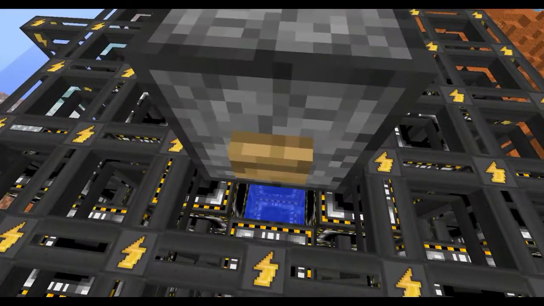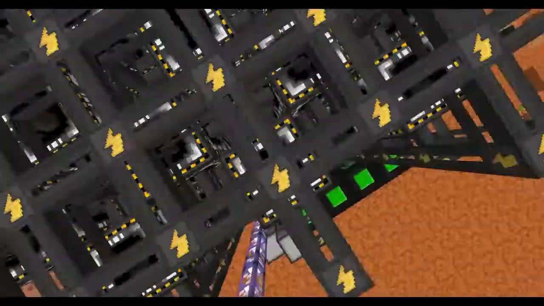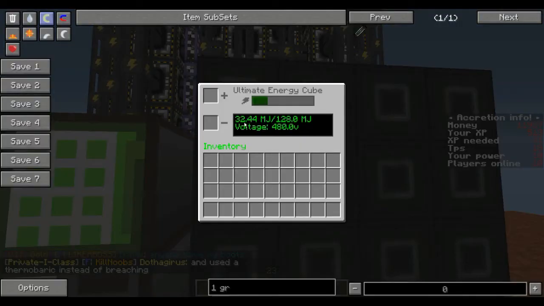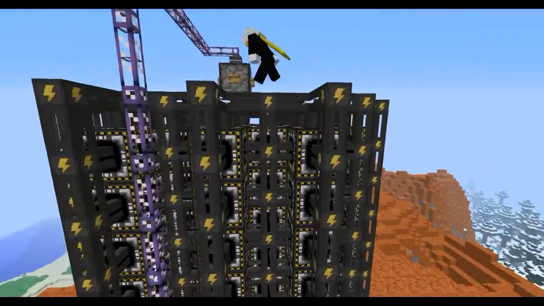It will fall in. It will blow up, and thanks to the water it will not destroy anything or cause any damage. And as soon as it blows up, you can see all 12 of these cubes at the same time will get the same amount of power. This power just rockets into the sky, and it should stop at about 108 megajoules. And if you do the math, 108 megajoules times 12 is about 1,290 megajoules of power from 1 gram of